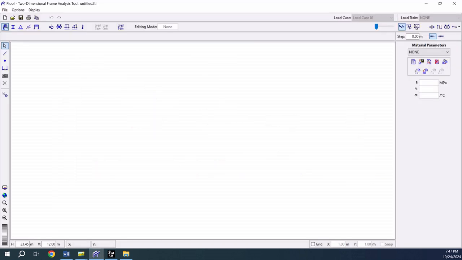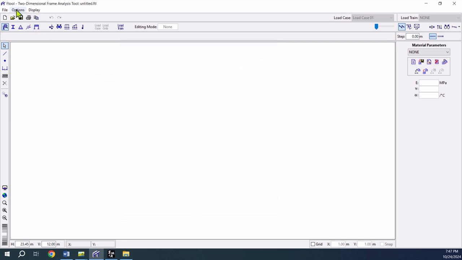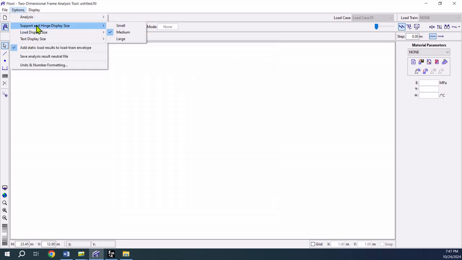The minute you open the program Ftool, go to File, Sign Convention, and add a tick next to plot diagram values on the compression side of member, in order to be compatible with the textbooks that we are using. Click Apply. Then we go to Options. I like to set all text sizes to large so that the text can be displayed in a clear fashion. So I'm going to choose large here. Again, I'm going to choose large